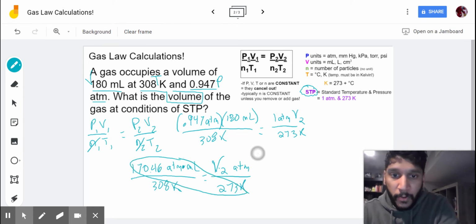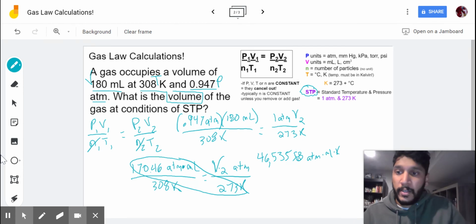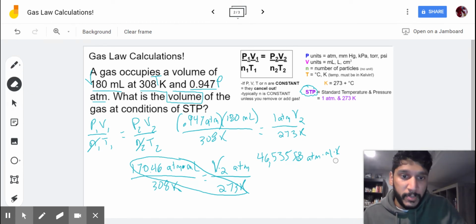And so I'm going to get 46,535.58. If I want to toss my units on there, that's atm times milliliters times Kelvin. I'm not going to, for space-wise, for right now. And that's going to equal